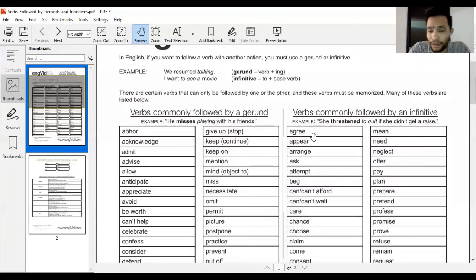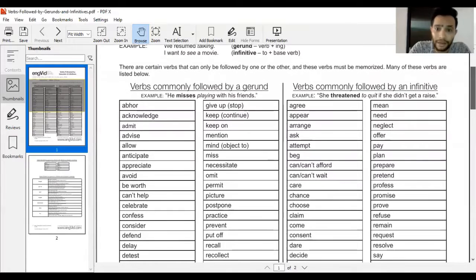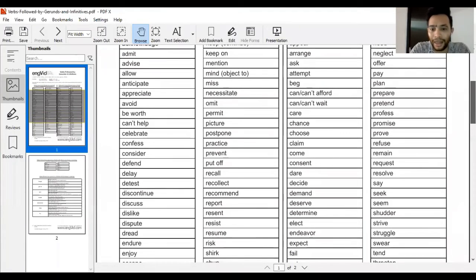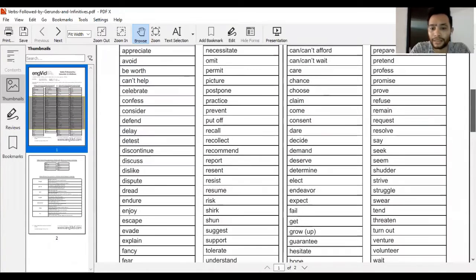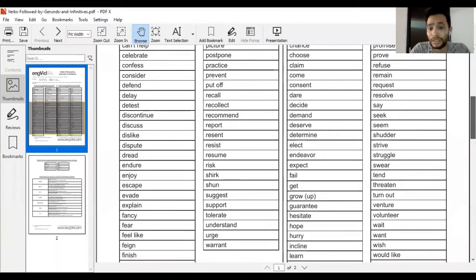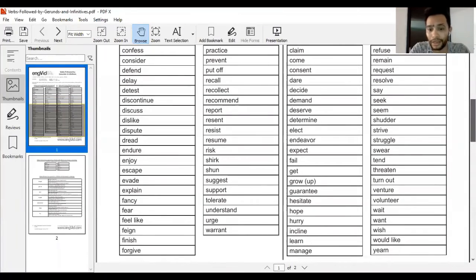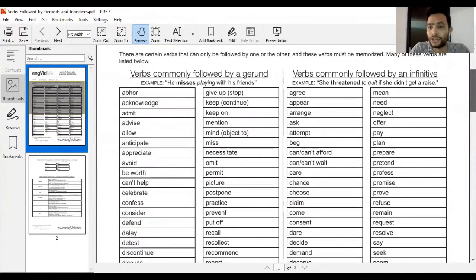In these two other columns, we have verbs commonly followed by an infinitive. These are verbs that are always followed by to, like agree, appear, arrange, ask, attempt, beg, can afford, can wait, care, chance, choose, claim, come, consent, dare, decide, demand, deserve, determine, elect, endeavor, expect, fail, get, grow up, guarantee, hesitate, hope, hurry, incline, learn, manage, mean,